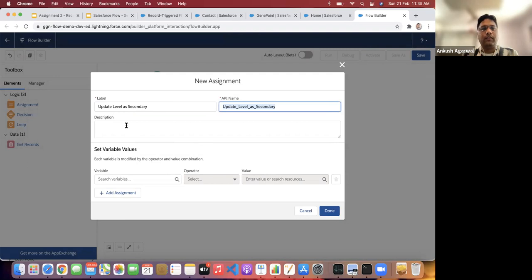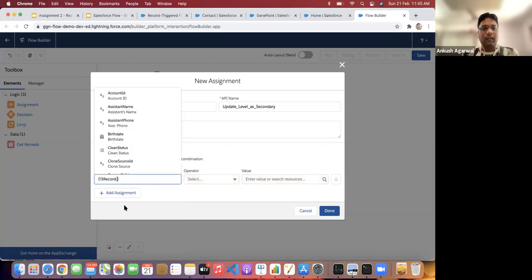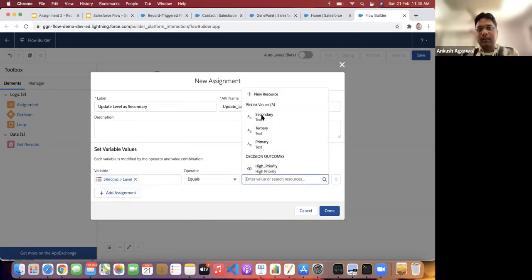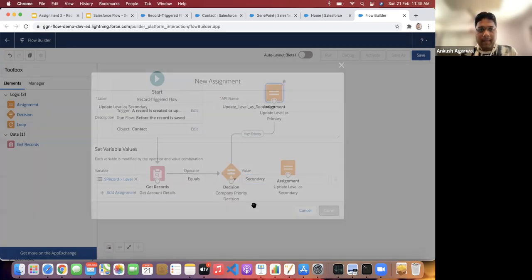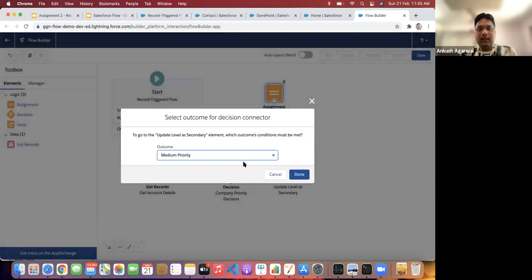So if you come back later, you need not go and see what's going on here. You can just understand it with the label itself. Then select level and make it secondary. Okay, and we'll connect it with the medium priority.